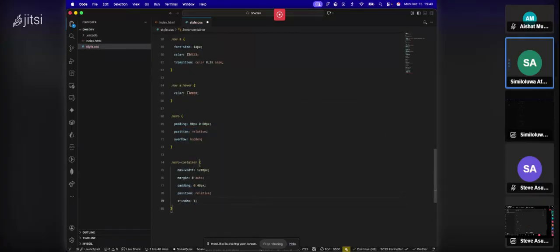Now this z-index is a property that helps you to specify which element should be on top of another one. So when you specify a property like z-index, you are just trying to say that you want this element to be maybe on top or below, whichever way you want it. Okay, are we following? Are we